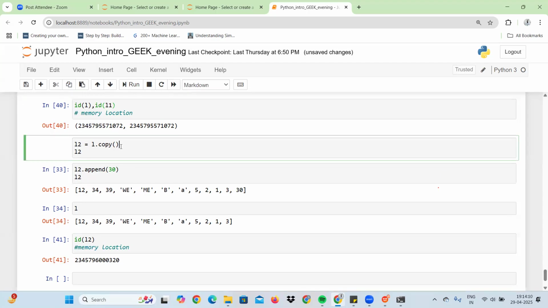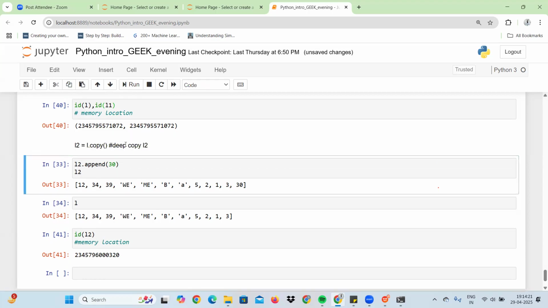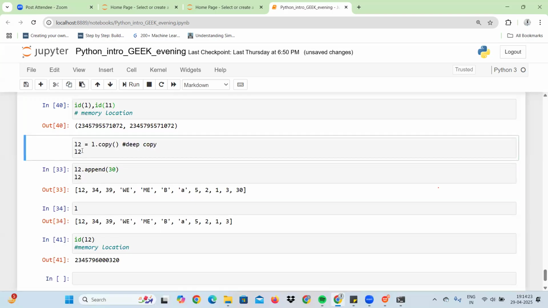But now we have done a deep copy. This is our deep copy. Right, it is a deep copy. So if you are assigning that deep copy, that means what? Okay, fine, so this is a deep copy. So when you are doing this deep copy,